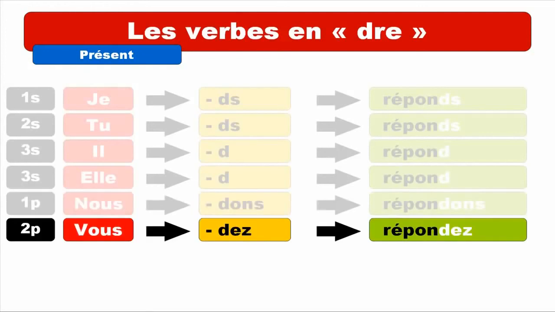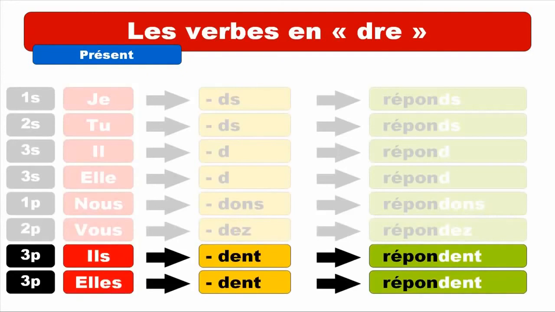For vous, you've got the ending D-E-Z, so you pronounce that D. Keep in mind that the combination between E and Z at the end of the verb is pronounced like E. Okay. So you get this: vous répondez. Repeat. Vous répondez. And then finally for ils and elles, so masculine form, it's